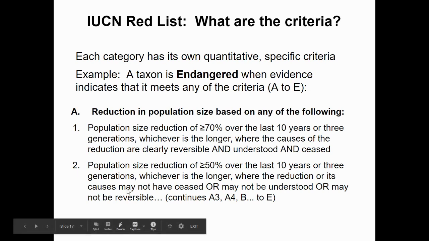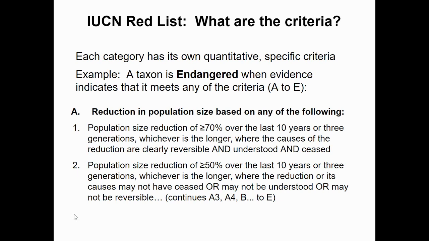It can be considered endangered if the population size has reduced by more than 70% in 10 years or 3 generations, whichever is longer. They look at situations where the reduction could be reversible, where they understand why the numbers are being reduced, and where they could stop the human overexploitation that's causing it. Something can also be considered endangered if the population size reduced by 50% in 10 years or 3 generations, where they have not stopped reducing, or we don't know why the population is reducing, or we might not be able to reverse it. For instance, complete habitat destruction might not be able to be reversed